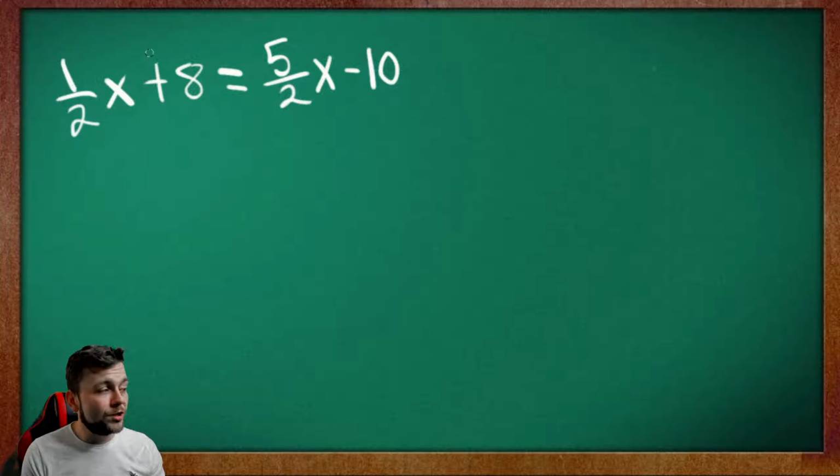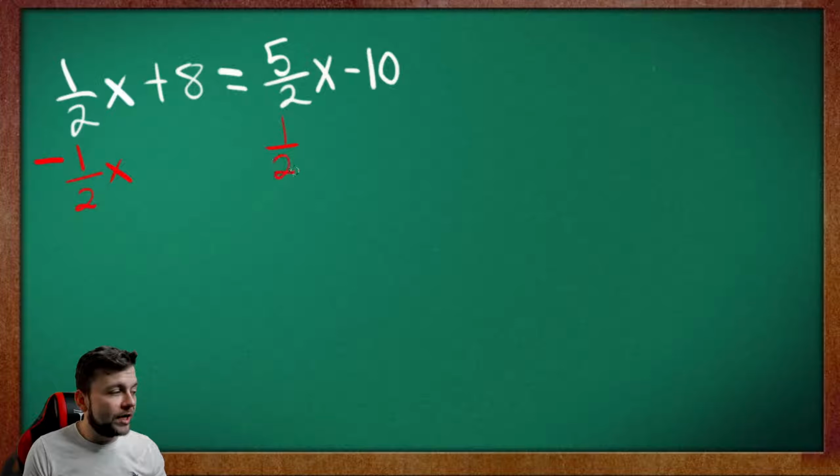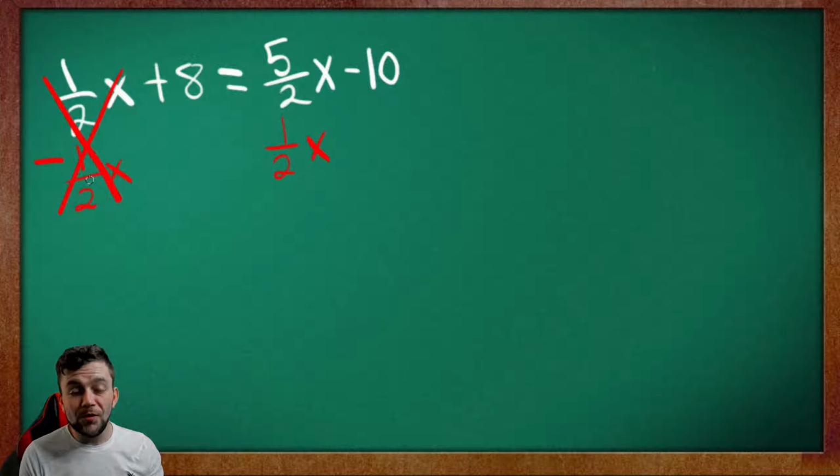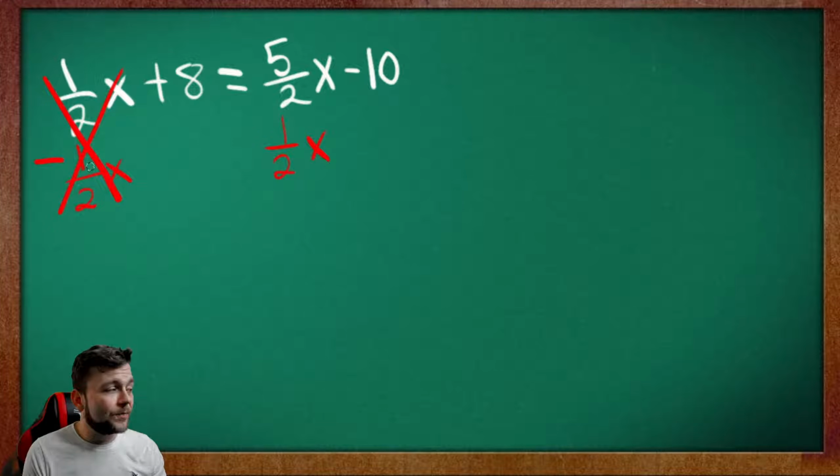expression. So which one is smaller? Is 1/2 x smaller than 5/2 x? Yeah, it is. So we're going to subtract 1/2 x from the left side, and then we're going to subtract 1/2 x from the right side. 1/2 x from the left side cancels down into just 0, so it completely disappears. And what is 5/2 minus 1/2? Just subtract your top numbers. Your denominator is the same. So just subtract your top numbers. You are left with